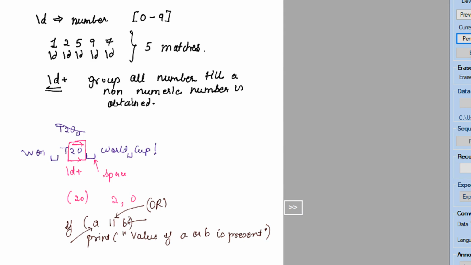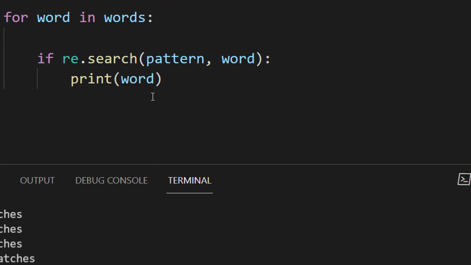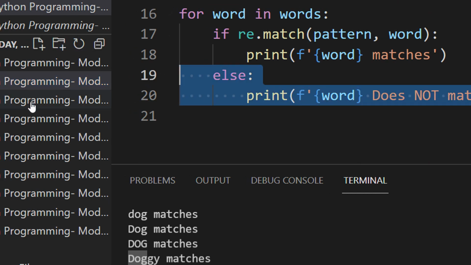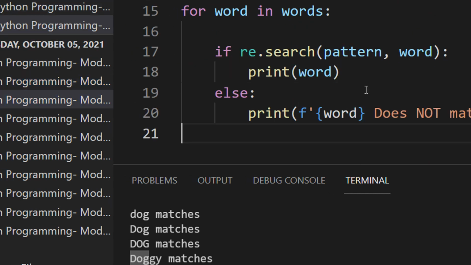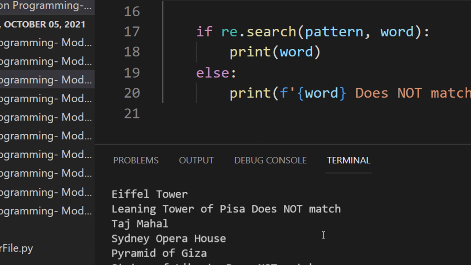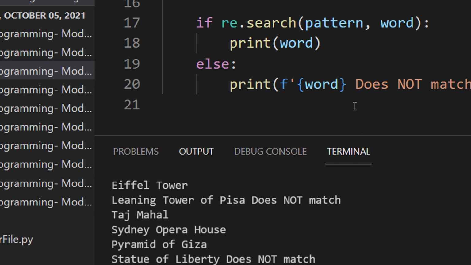So if you just check the code, let me just copy this. Right, so you can see Eiffel Tower.